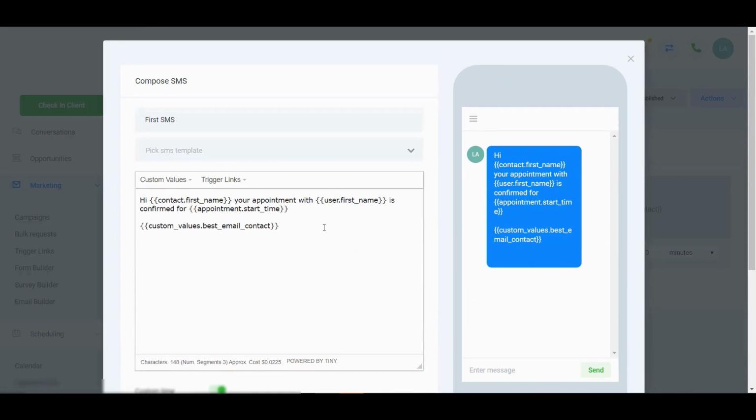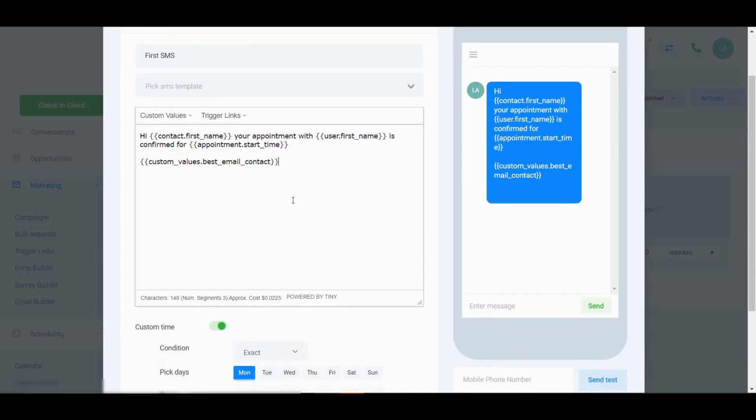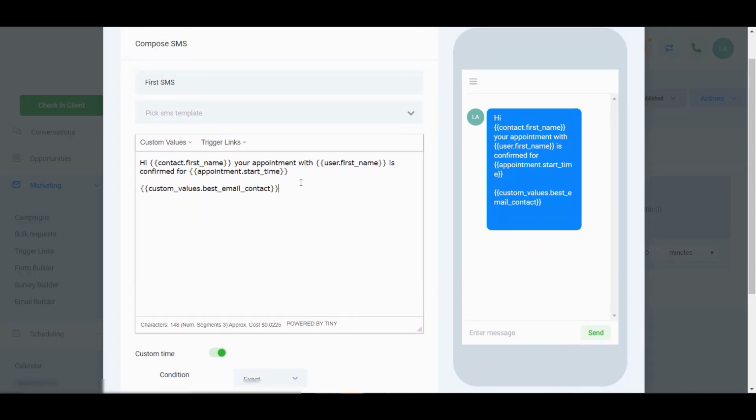Important to note on adding in things like images, it does depend on your country, right? So if you are in the US, there's no problem with it. It'll work for most carriers. It depends. Like I know some carriers, Sprint, I think, does some weird things when the messages are delivered, but generally it's fine. If, for example, you're down under where I am in Australia, then you would have an issue with that because the numbers don't allow for images, so they won't send. So it's something to test with your provider, and this leads me on to the next step,